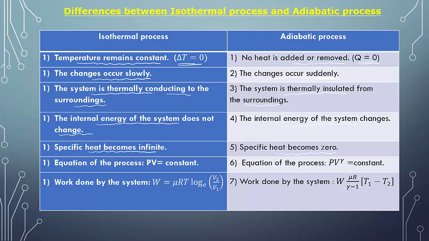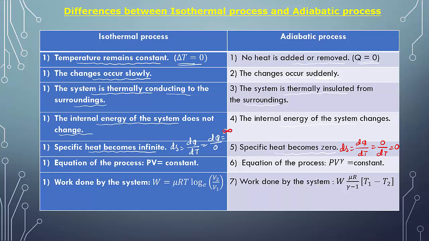So you know the equation for entropy, dS equal to dQ divided by dT. Is it clear? So in this process, dT is 0, so dQ divided by 0. Anything divided by 0 means what? Infinity. So specific heat becomes infinite in isothermal. But in an adiabatic process, what happens? Here the equation dS equal to dQ divided by dT, where dQ is 0. 0 divided by dT equal to what? 0. But in isothermal it is infinity.